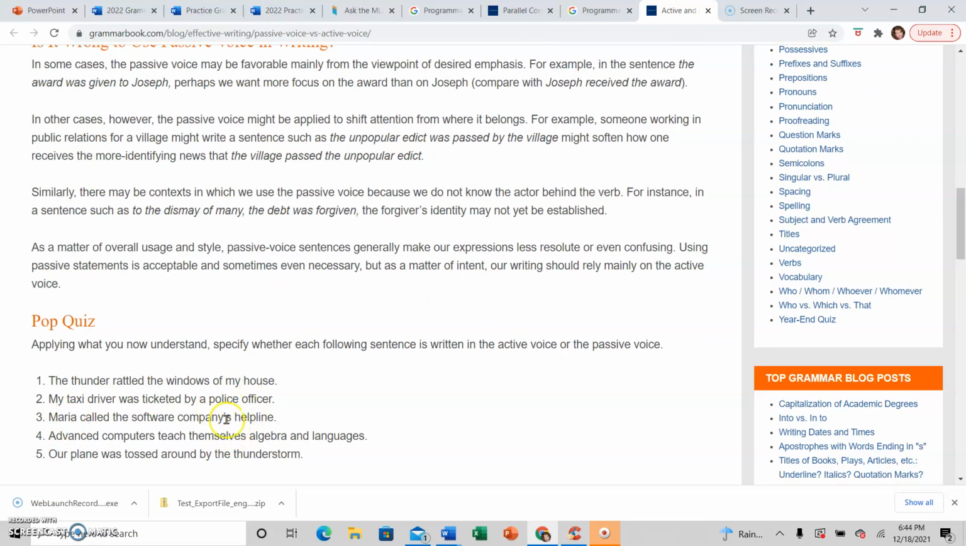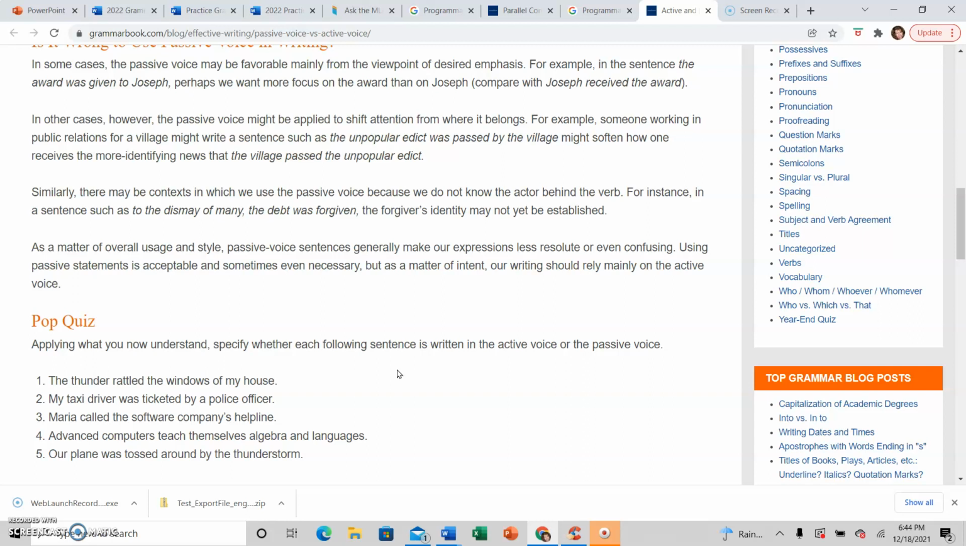Here's a little pop quiz for you. You can continue to practice the sentences to decide if they are in active voice or passive voice. For example, the thunder rattled. The thunder is what does the rattling. It rattled the windows. So that is active voice. The taxi driver was ticketed by a police officer. So we have the by a whomever or whatever